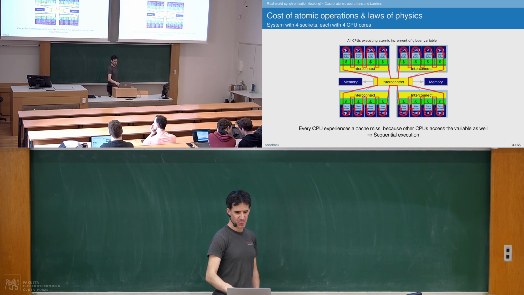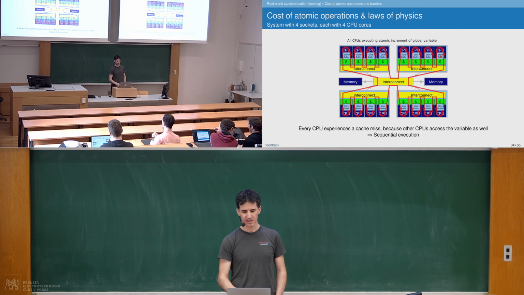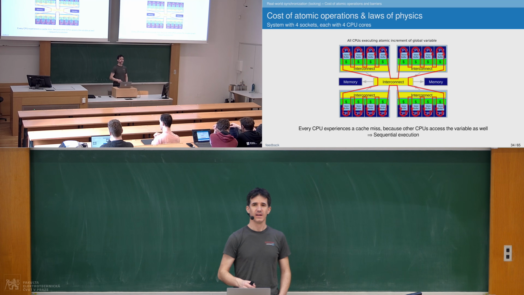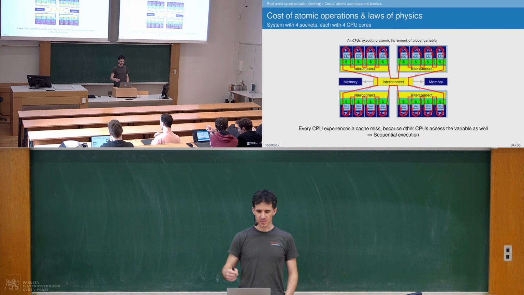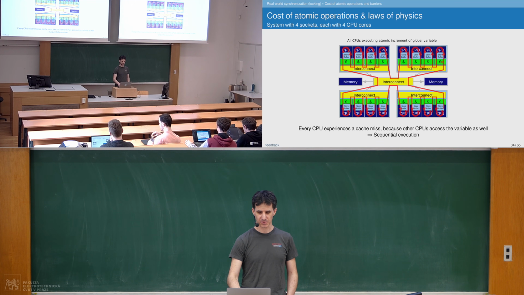So whenever, let's say, the CPU, or let's start here, whenever the CPU wants to execute this atomic increment, it first needs to ensure that the data to be incremented is exclusive in its cache. So it loads the data from the cache, increments it, and stores the data in the local cache. Now,